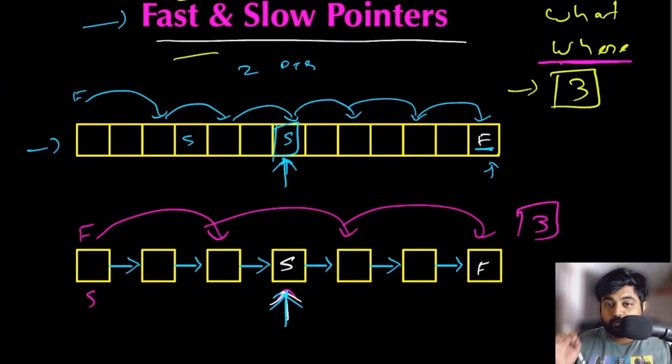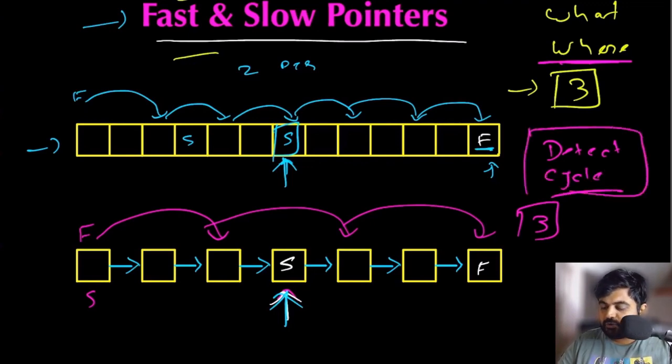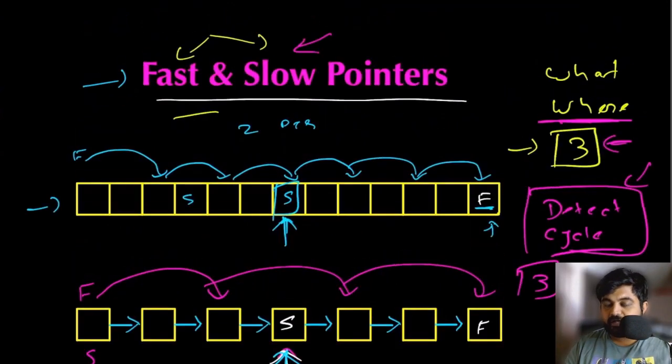So this is one of the very popular use cases. But the second popular use case, which is even better than this one, is to detect cycles. And you would be asking how can we detect cycles using fast and slow pointers. I'm going to show you that next during one of the examples. But remember, these two are very important use cases that we typically use for a fast and slow pointer technique, or a hare and tortoise kind of problem.